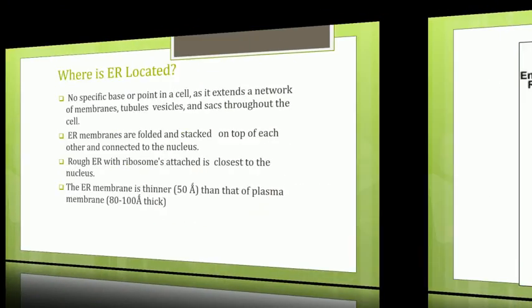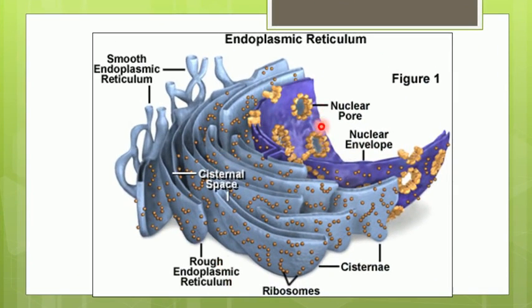Okay, in this picture we could see a cross section of the nucleus, in which you can see the nucleus has a nuclear envelope. This is the inner layer and the outer layer. In between these two layers, there are some channel-like structures formed by the pores. On the nucleus there are many such pores, which are called nuclear pores. Through these nuclear pores, there are network-like structures which can be seen attached to the nucleus. This is called the endoplasmic reticulum.